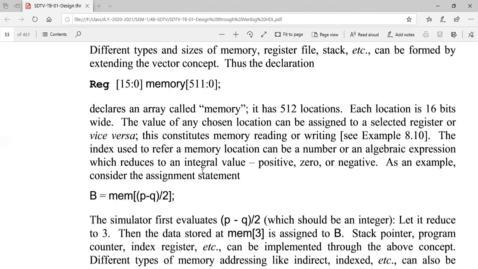I can store a 16-bit number in row 510, and I can make an operation on the data present in location 510.